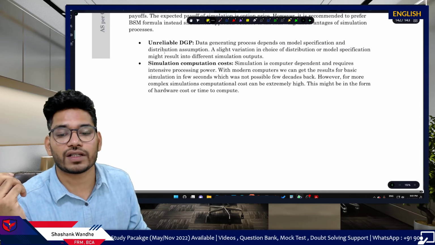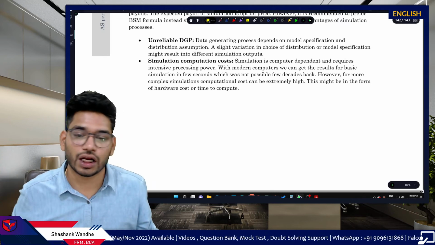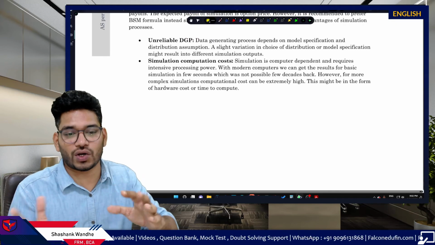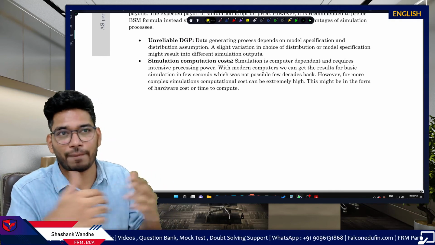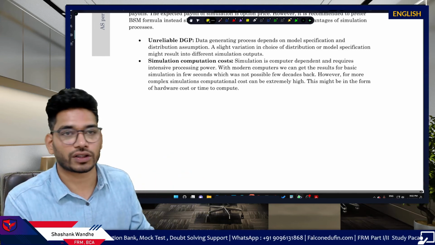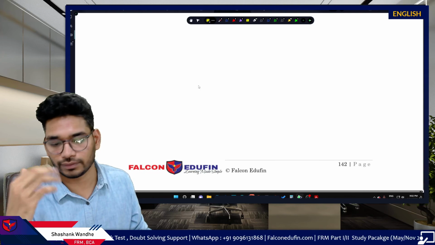Then disadvantages of the simulation: unreliable DGP, data generation process, and simulation. The computational cost is very important, but based on the evolution that has happened in computers and computational power, this particular part is not that important. Okay, so this is very easy. So that's all the discussion of our book number 2,